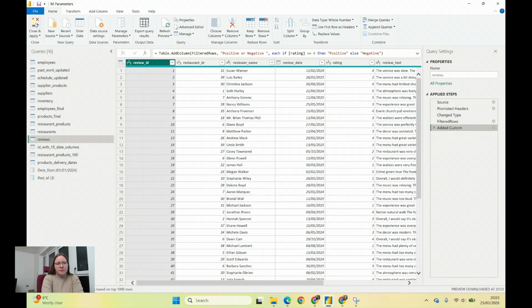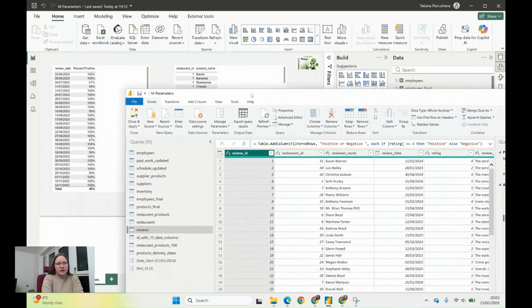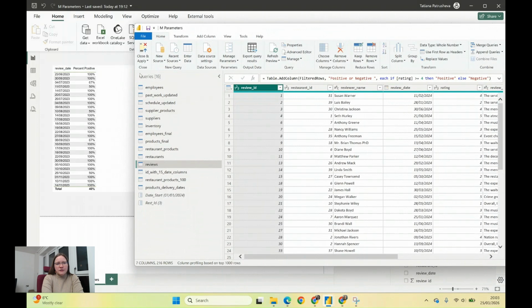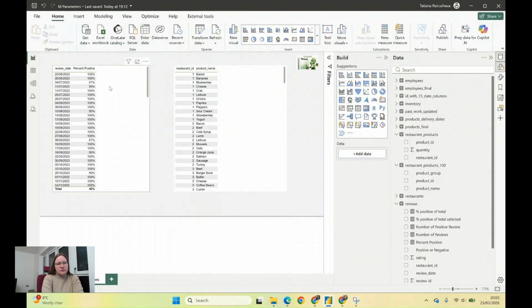If we look at what we had before, we had 2023 data. We close and apply. We don't want to look at old reviews. We want to look at only more recent reviews, maybe even 2025,